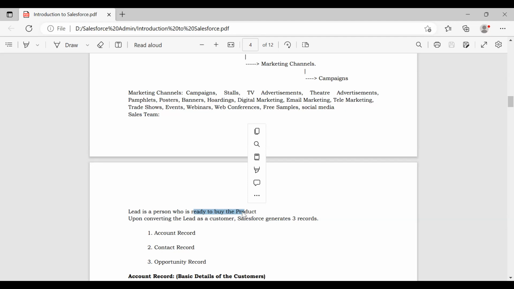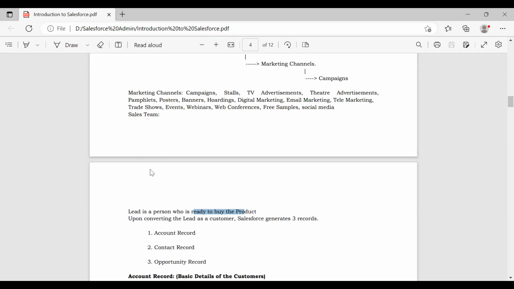These leads will be captured by the marketing department, and this lead information will be passed to the sales department. Now it is the duty of the sales team to convert these leads into customers. They will contact these leads through phone, or directly meet them at their home or office, and explain all the discounts and warranties they can offer for that product. Finally they will try to convince the lead and convert that lead into a customer.